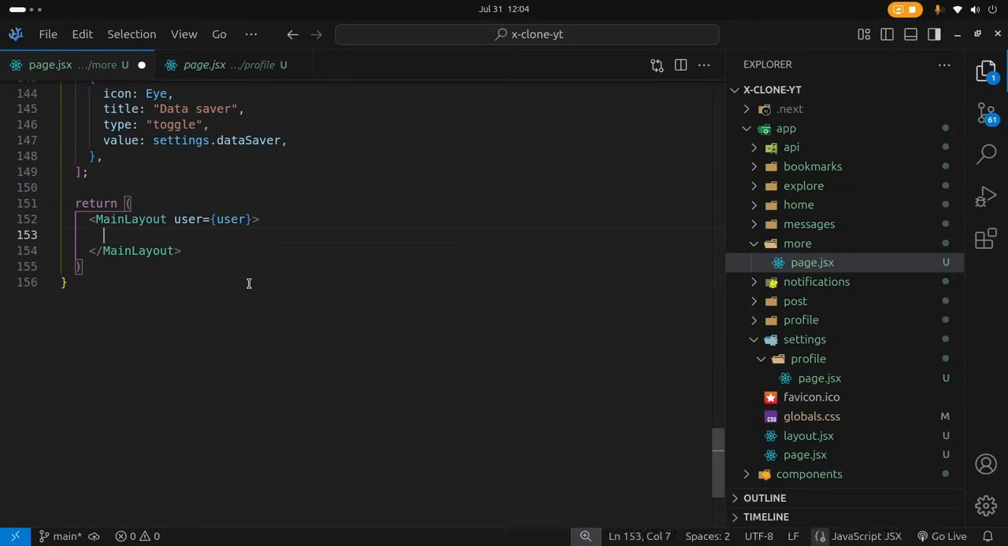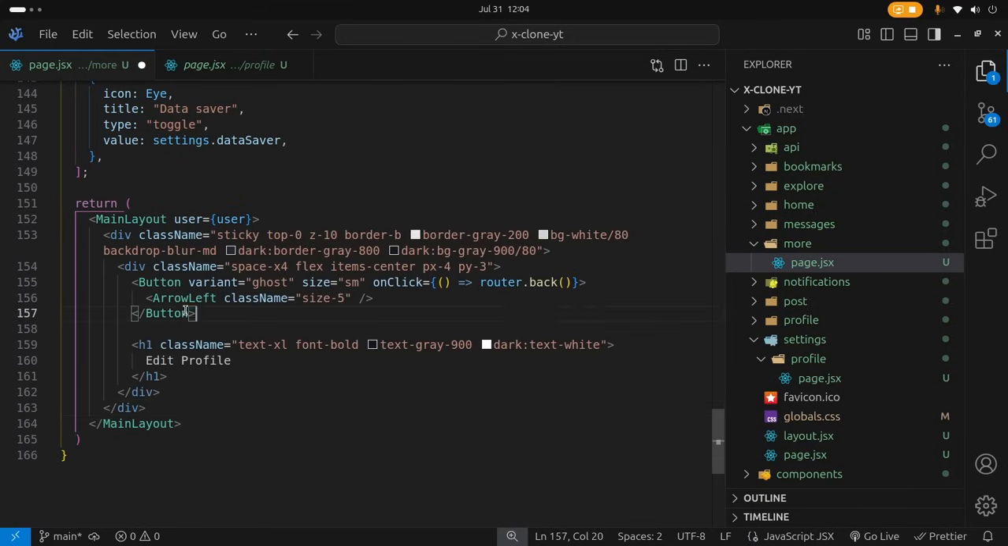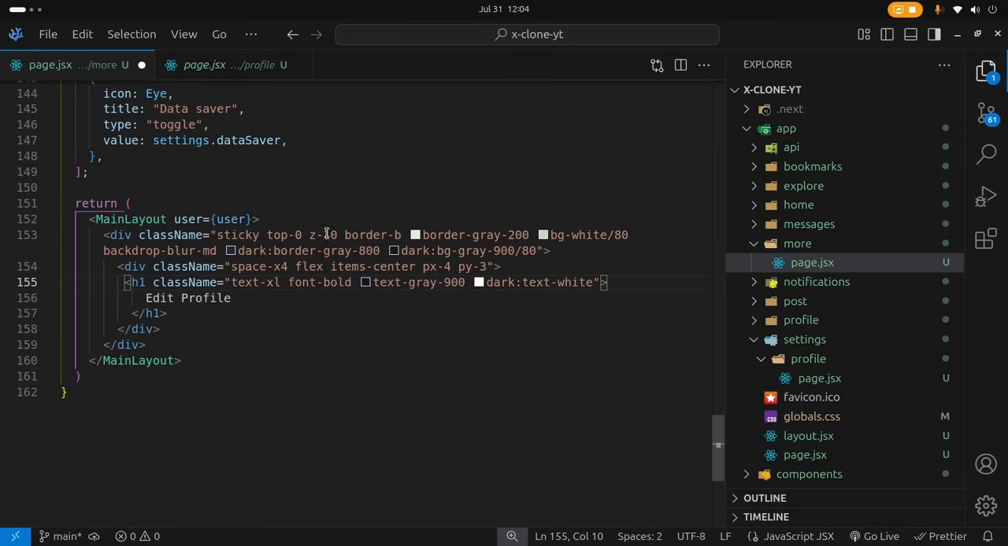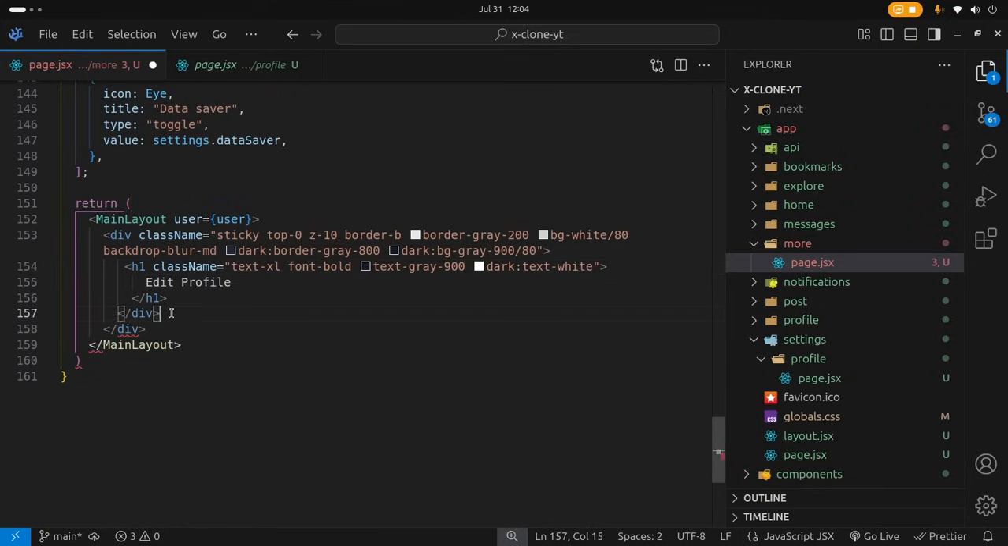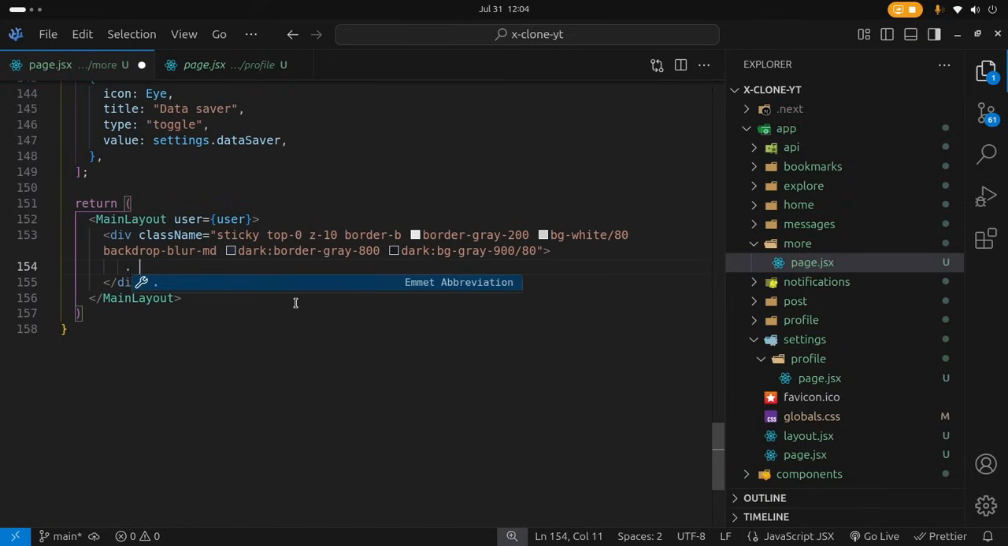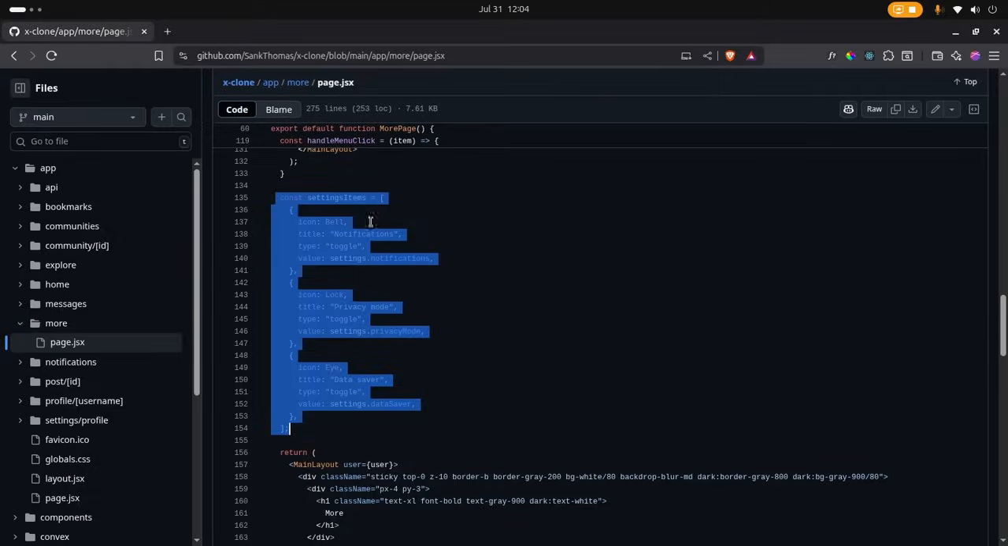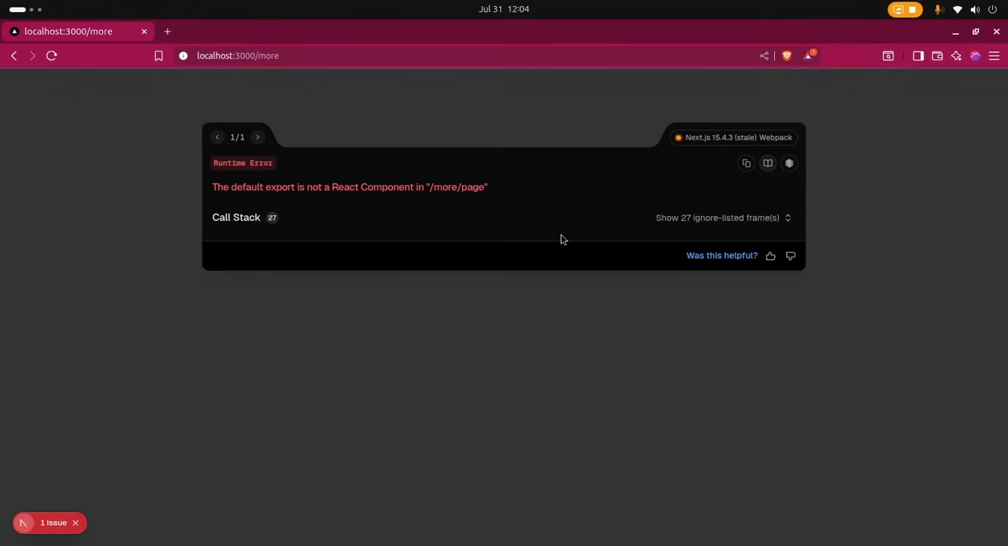So back inside our code editor, we're going to paste it here. Now we don't want the button, so we can remove the button, and then these classes are going to remain the same, and then we don't need this first div, so we're only going to have the h1. And you know what, we need the div, but it's going to have a class name of padding on the x of 4 and then padding on the y of 3, and then inside the h1 is going to say more. Simple as that. Now you can save that just to ensure that you can see something on the screen,